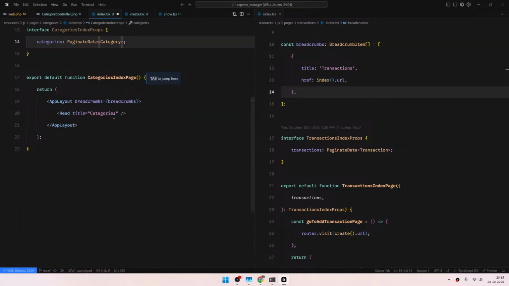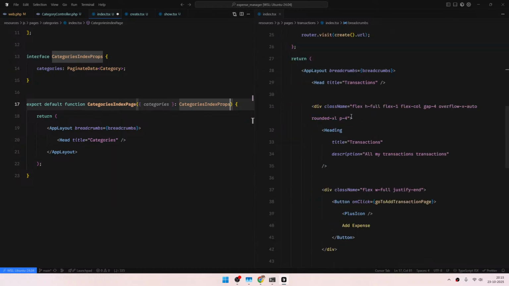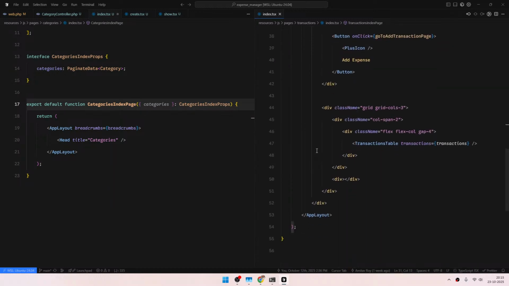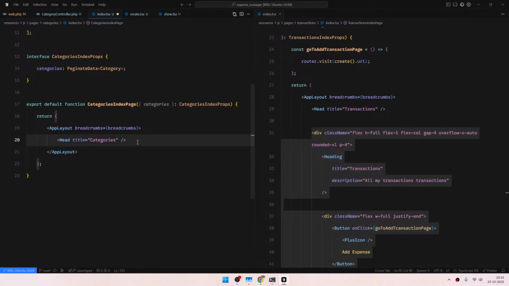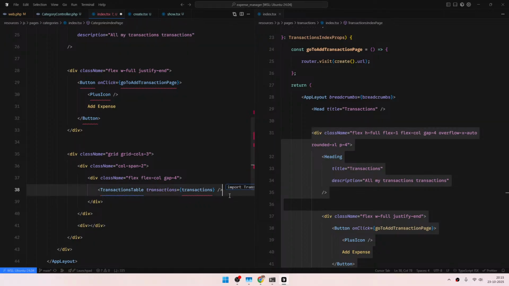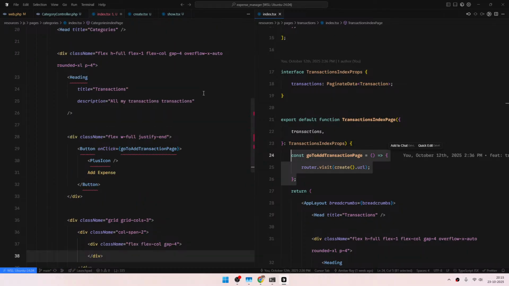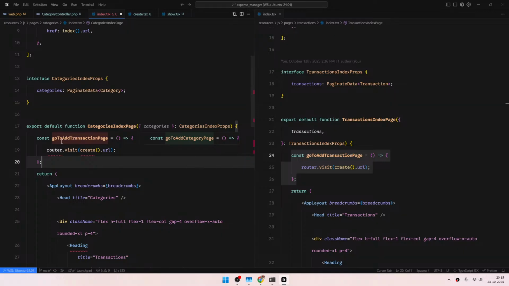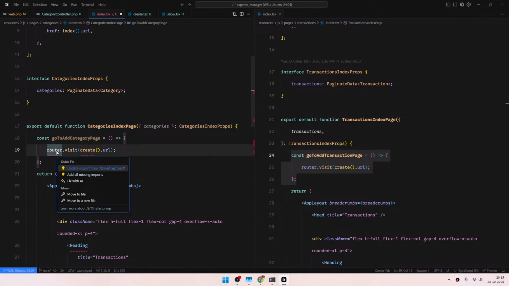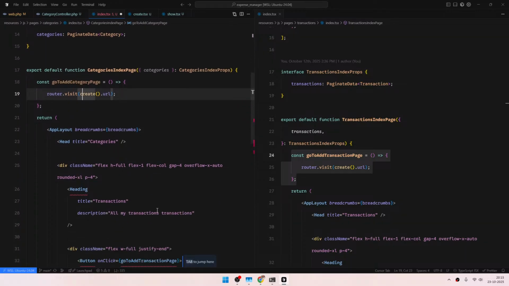All right, this is all done. Yes, I will need them over here. Head is there and I can easily copy paste everything from here, paste it here and just get rid of this. The function I can copy and I'll add it here. This will be go to category page, yes, and I will import the router and the create, and overall,